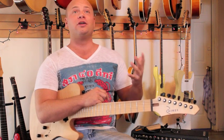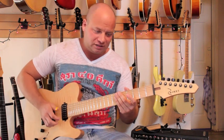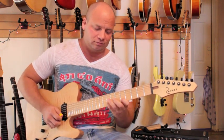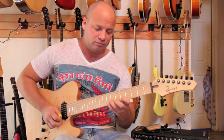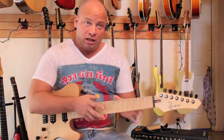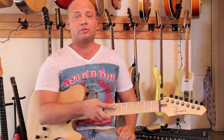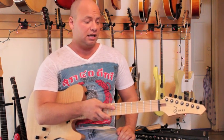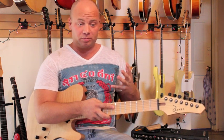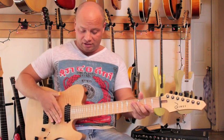I wouldn't say unplayable, but if I picked it up and tried to do a simple legato run, something like this, I'd be shaking my hand. It'd be impossible to maintain that. And you've got to remember, with a guitar that's properly set up, like this one, and this one's actually a little higher than I normally do it,